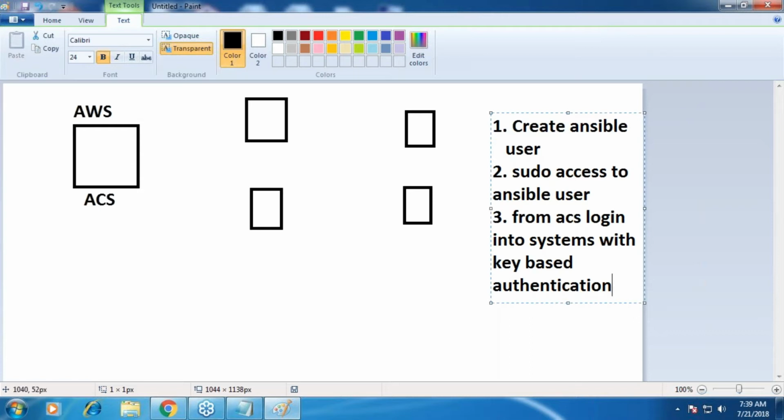Now, this is our first stuff, which is something we'll do in Linux. Good. And now here, what is it that we are supposed to do? We are supposed to write playbooks. And what are playbooks? A playbook is nothing but a YAML file. So let us try to understand that.